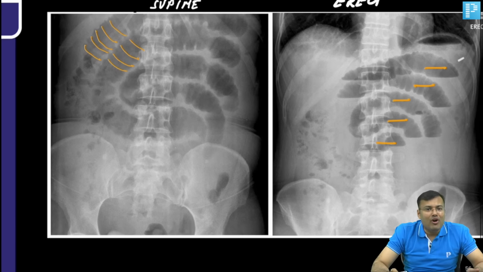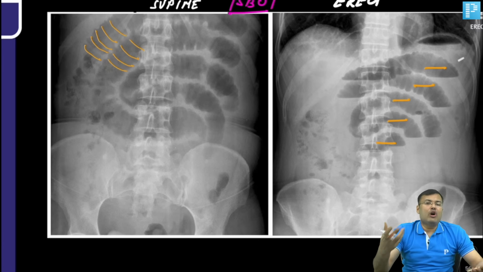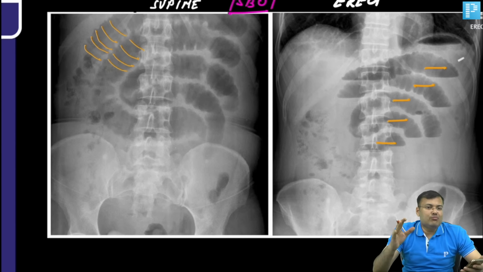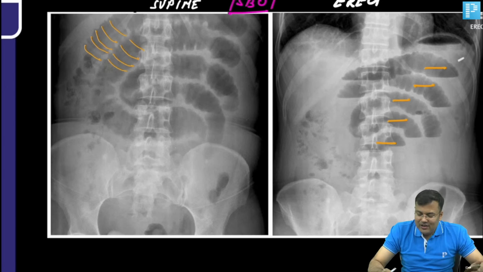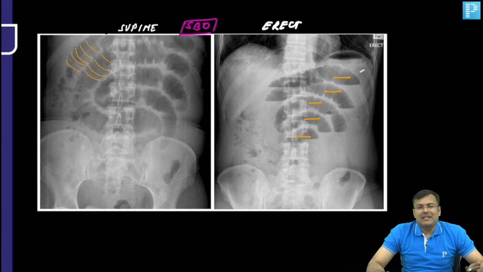So, guys, it is small bowel obstruction. You can see the bowel loops are placed centrally, narrow in caliber, there is valvulae conniventes, this is small bowel obstruction. Clear? So, small bowel obstruction. Okay. Sometimes the examiner asks large bowel obstruction also. You can see